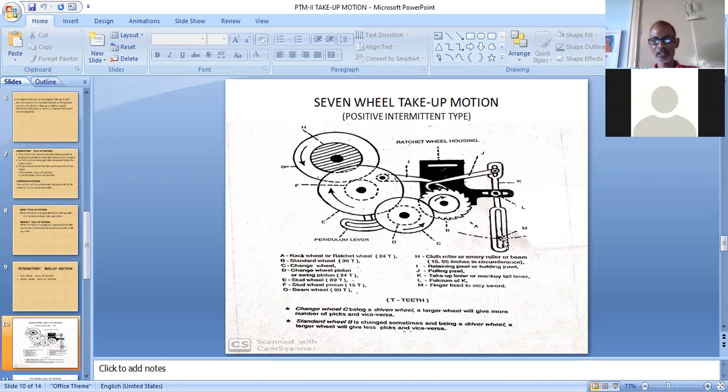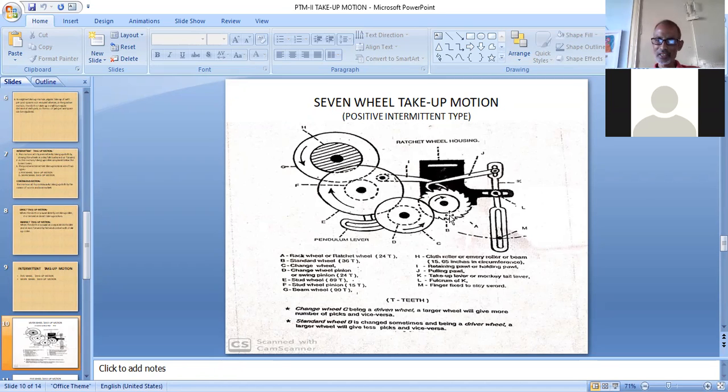So when it is moving in this way, meaning forward movement is there, at that time, with respect to the fulcrum, this will move backward. And when this moves backward, this will take 1, 2, or 2, 3 teeth according to what we have set, and it will transfer the movement to this ratchet wheel. Whatever the number of teeth is, motion equal to the number of teeth is transferred to this ratchet wheel, and that motion will be transmitted to this roller because it is mounted on the same shaft.